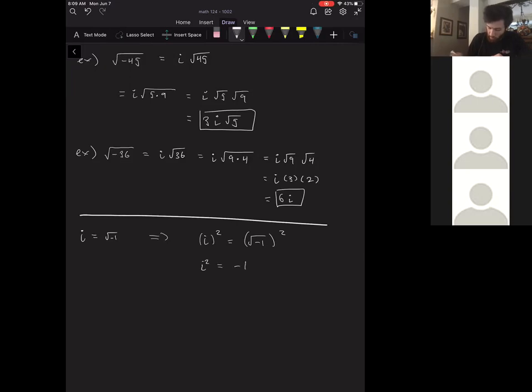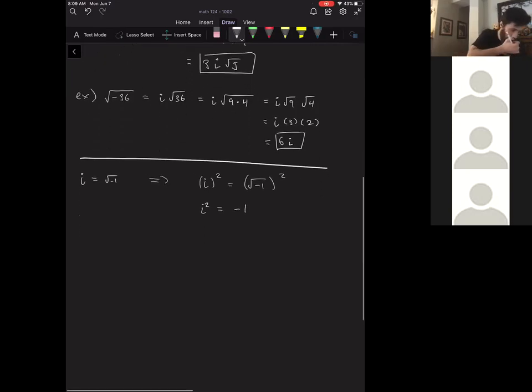So this is going to be -1. So if we ever see an i squared, that's just the same thing as -1. Okay, so with that, we can do things like,